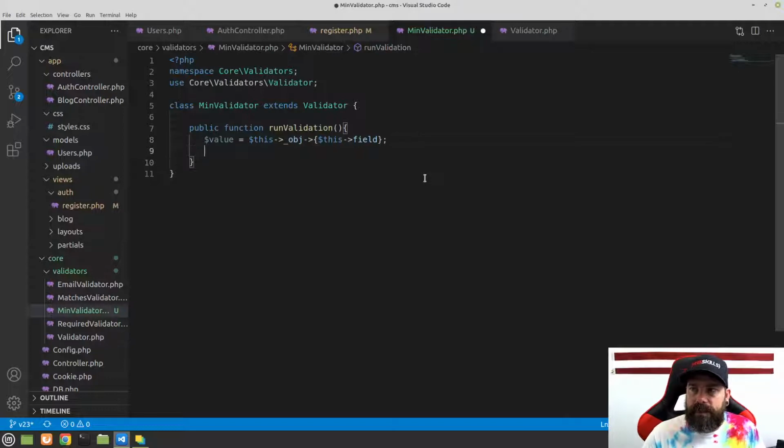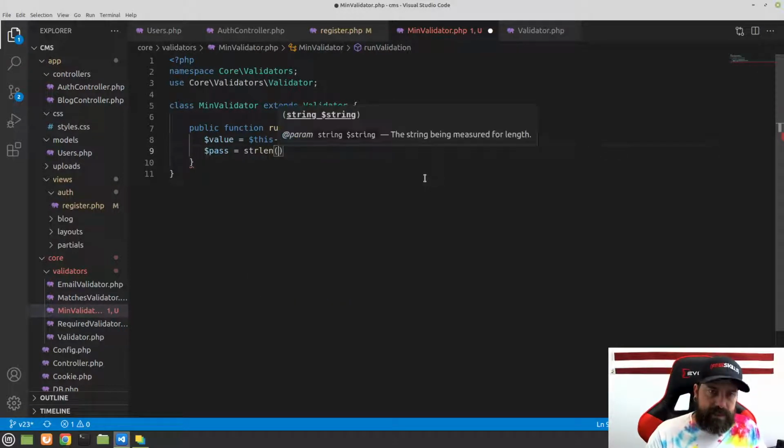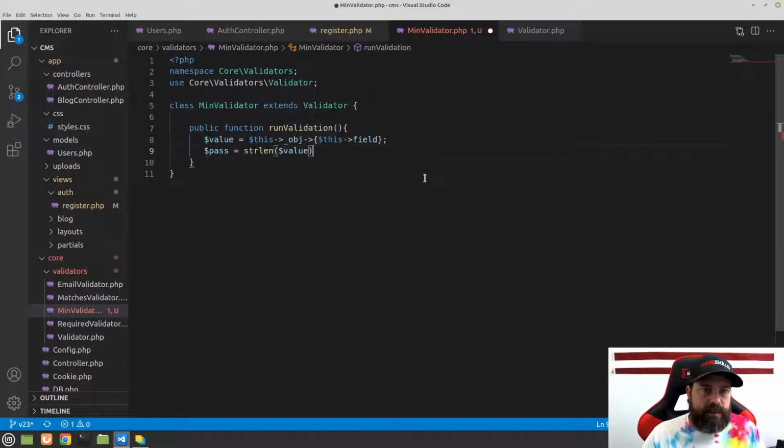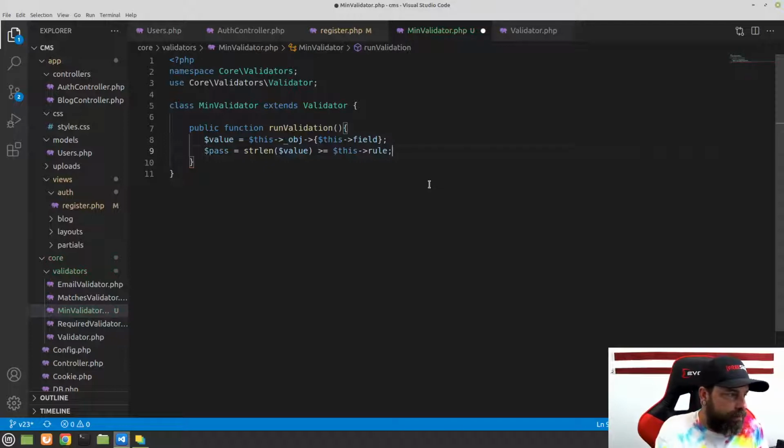So now we have our value. We just need to check. And what we're going to do here is say, hey, does strlen. Now strlen is a built-in PHP function that will get us the length. So string length of value is going to be the number of characters in this value. So if it's just 2 characters, that string length is going to return 2. So we want to make sure that that is greater than or equal to this rule. And the rule,